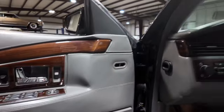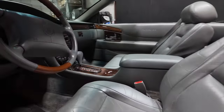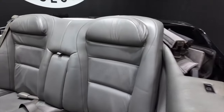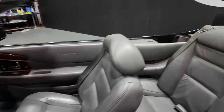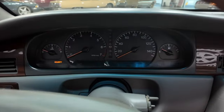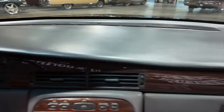She has power windows, power locks, bucket seats, console, back seat, convertible top functions as it should. Check out that dash. We'll see the miles on startup. Y'all just stay tuned. Upper dash, lower,